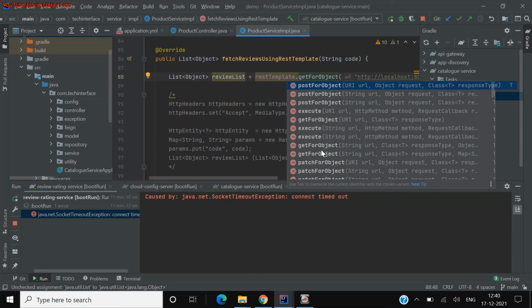So let us understand these basic things first. One is using a Feign client, where you mask all your URLs into a service or an interface as a Feign client, and then you use that Feign client service. Here you can just use a simple URL to connect with the microservices.